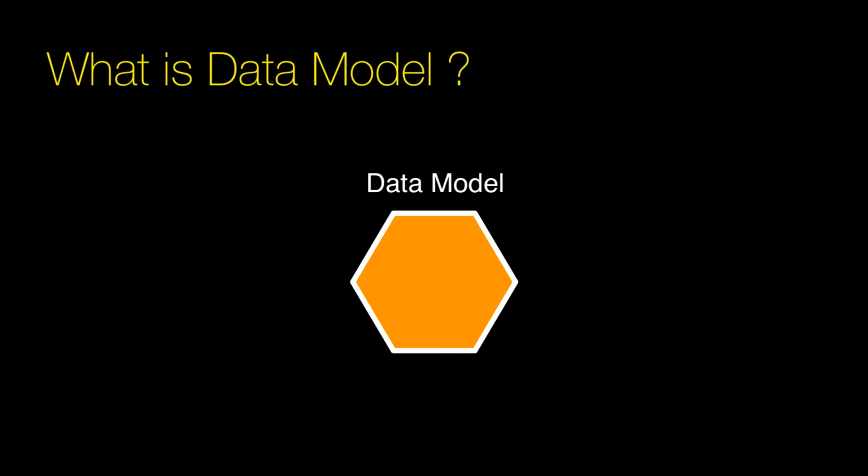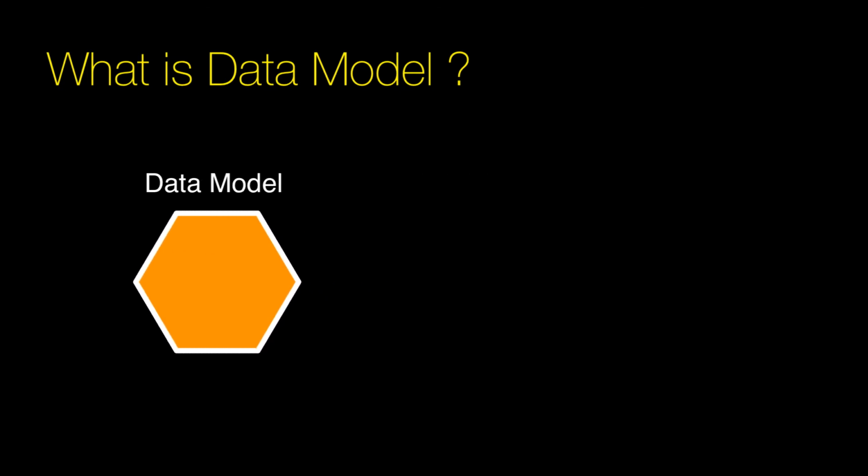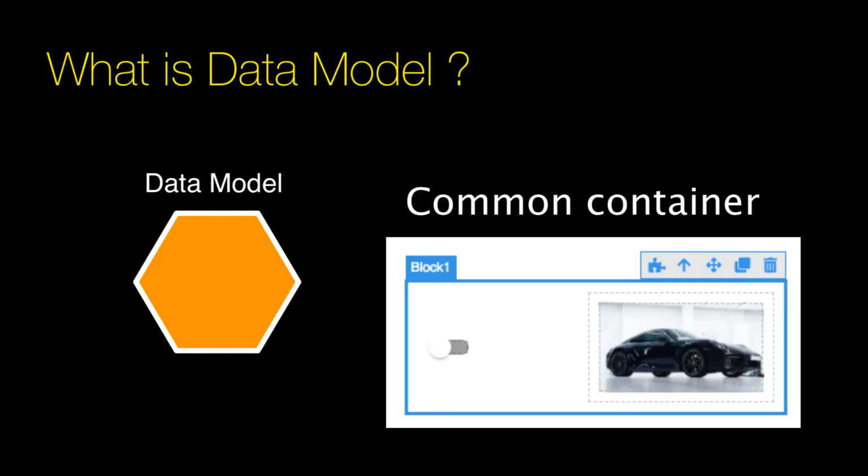The data model is an object that is actually created for you by UI Builder, by the runtime that is created to run your applications. And in the simplest terms, the data model is an object that is associated automatically. It's created for you and is associated with a common container hosting your components. So for instance, imagine that you have a toggle that you can turn on or off, and depending on that toggle, you want to change visibility of some other components within the same container.